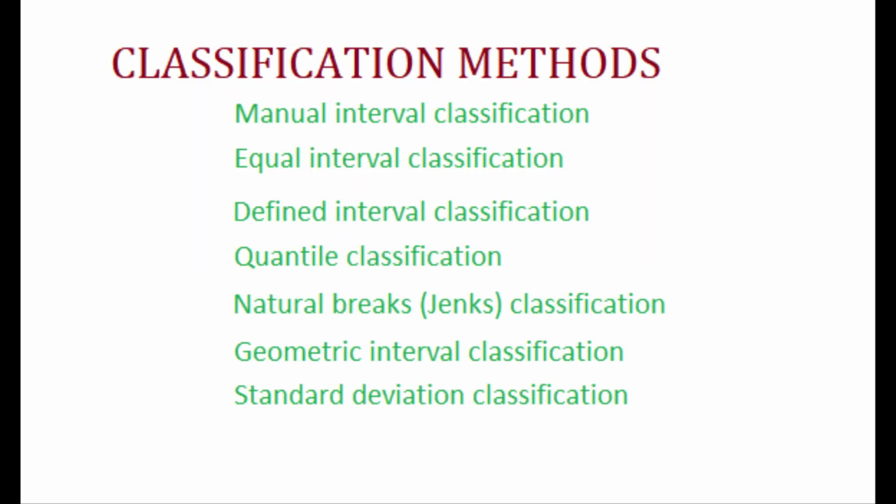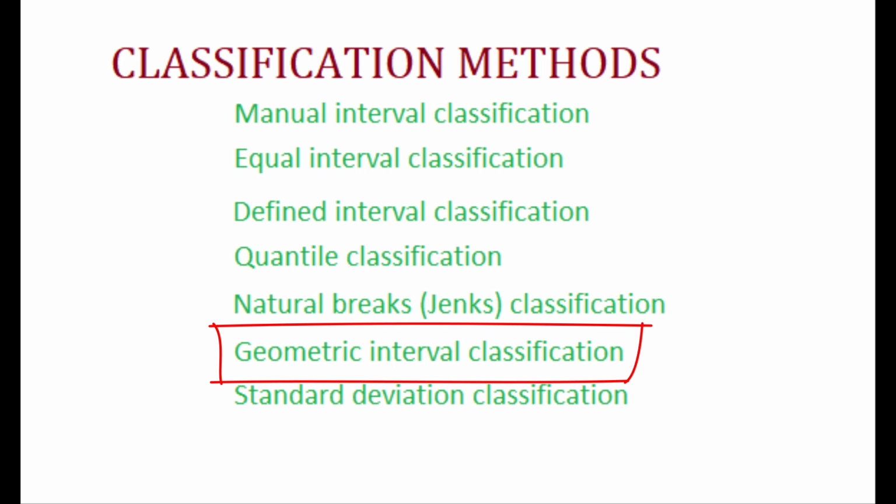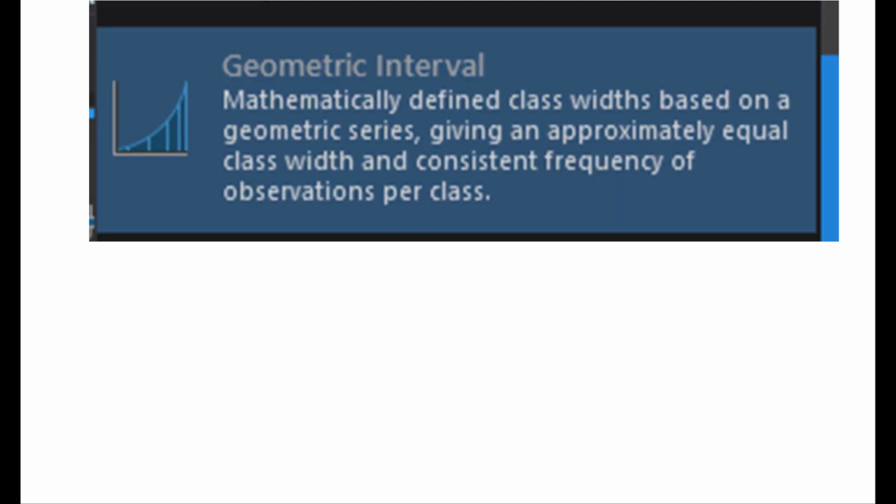ስድስተኛ የምናየው ደግሞ geometric interval classification. አንዳንድ ዴታዎች evenly distributed አይደሉም። እንደውም they are skewed to one side በhistogram ላይ ወይንም in the frequency distribution ላይ በአንዱ ሳይድ skewed ሊሆን ይችላል። በክላሱ ኢንተርቫል ተመጣጣኝ ስርጭት እንዲኖረን ካሰብን በዚህ ዴታ እኩል ኢንተርቫል ሬንጅ አያዋጣም ማለት ነው። ምክንያቱም በአንድ በኩል skewed ስለሆነ ስለዚህ different range ያስፈልግ አድርገን እንከፋፍላቸዋለን።